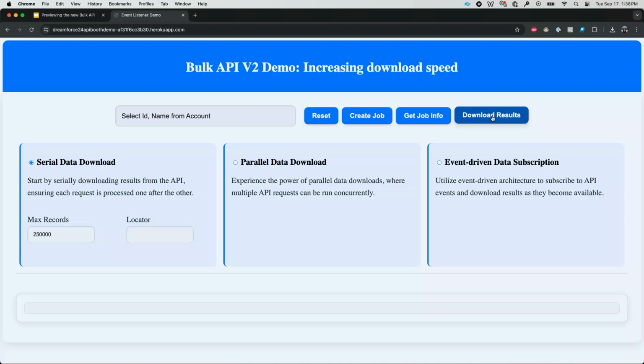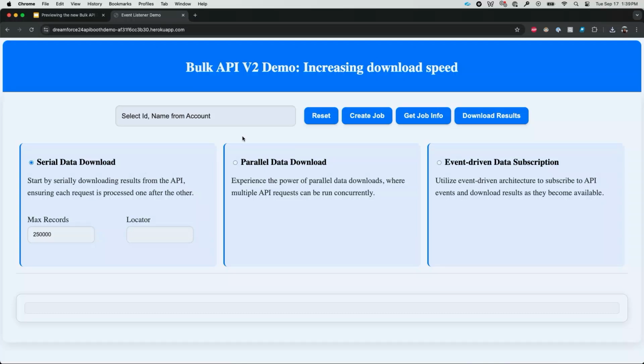By now, I have made two calls to download a group of records incrementally, one group at a time, one page at a time. I now save this. I just downloaded overall 300K so far, and I have a lot more to download. I would continue to do this using the locator, which one download call returns in the response header, passing it in the next API call, along with the max records, and downloading the next group. So I want you to make the third observation here, which is you're downloading groups of data one at a time, one page at a time, which let's all agree is not the best experience.